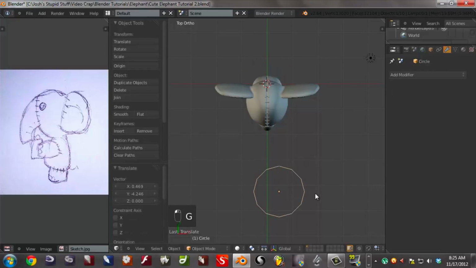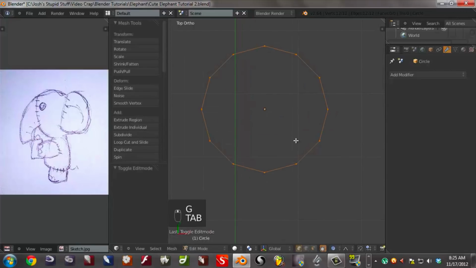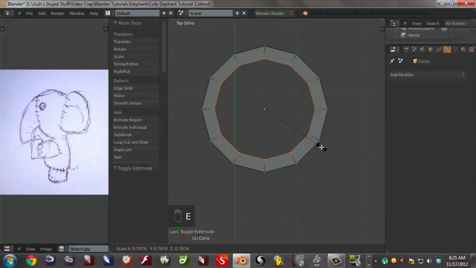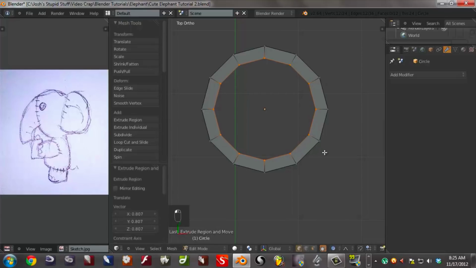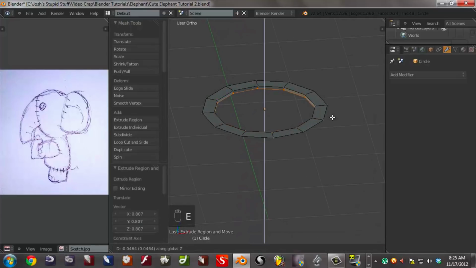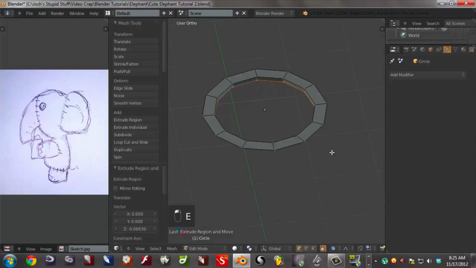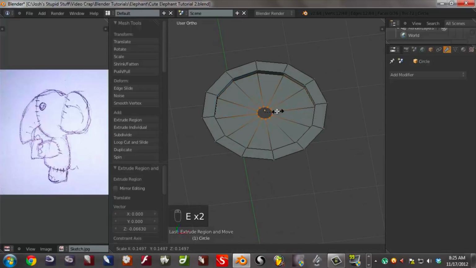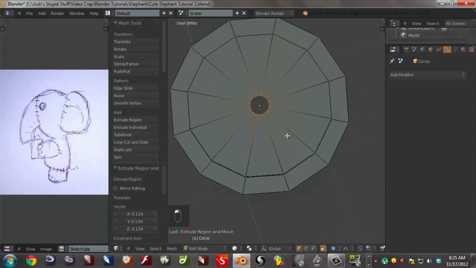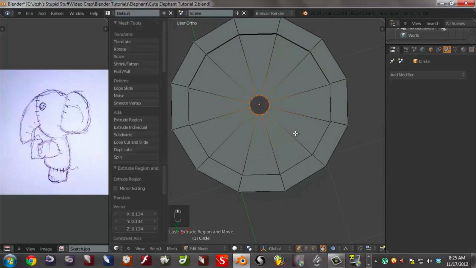So we'll grab it, move it over here, just to get it out of the way. Tab to go into edit mode. We'll hit E to extrude, and then S to scale it in, just to give a little lip to the button. E to extrude, and then down along the Z axis, and then E to extrude and take it in to somewhere around there. For our button holes, what we're going to do is add 2 loop